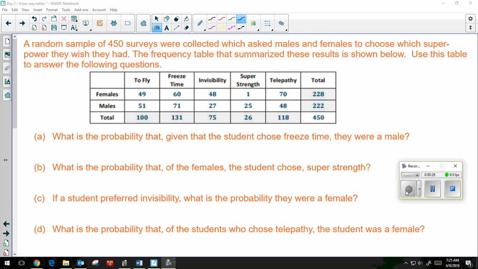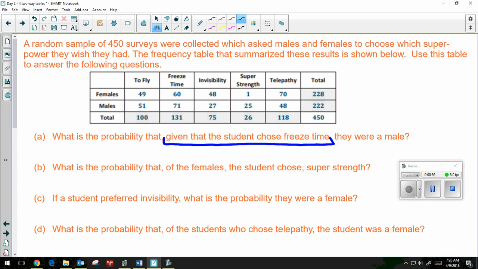Part A, what is the probability that, given that a student chose freeze time, they were a male? So this phrase here is important. Anytime you see given that, if, of, that's your clue that you're only looking at that part of the table. It's called conditional probability. So what I'm going to do is I am going to isolate the freeze time part